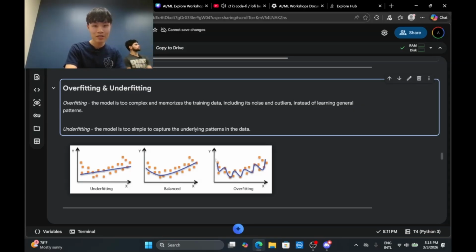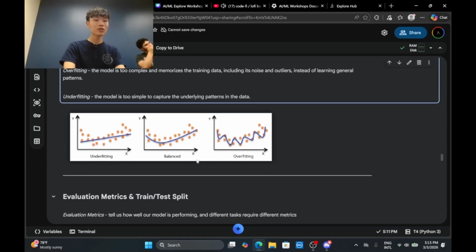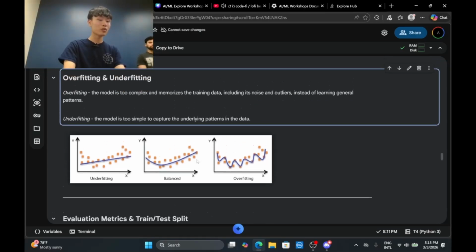So you see it zigzags to every single data point. The middle one is more generalized. It's learning the data, but also not memorizing the data. So that is what we're trying to aim for when we train a model.